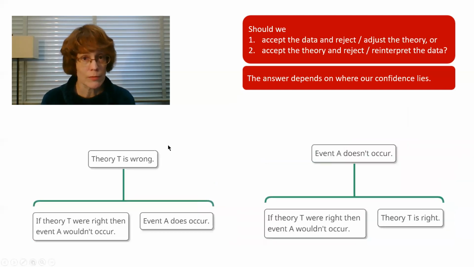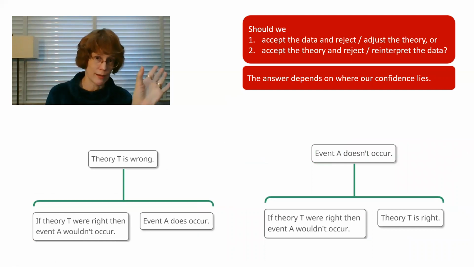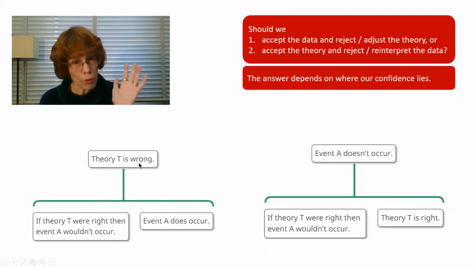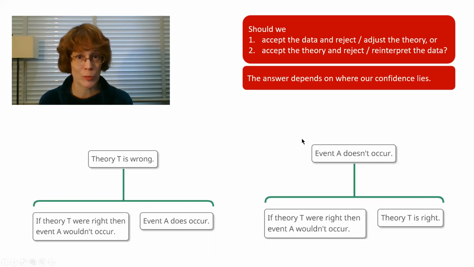In general, that's how it works, right? We can have a linking premise that says, if the theory is right, then we shouldn't see this thing. And then we say, guess what? We do see this thing. We can say then that the theory is wrong. Or we could say, yeah, if the theory is right, then we shouldn't see this thing, and I think that the theory is right, so I don't think I'm seeing this thing. I think that this anomalous data should be either rejected or reinterpreted.